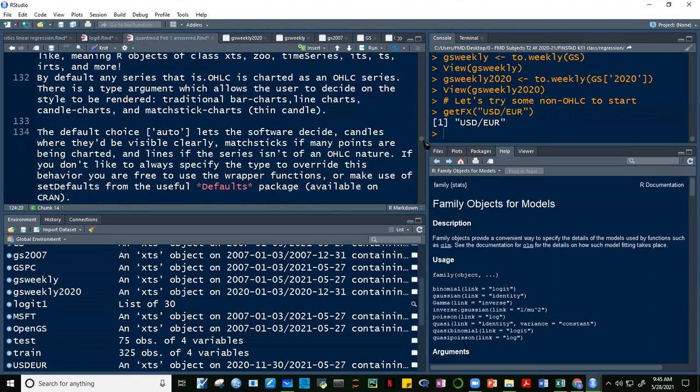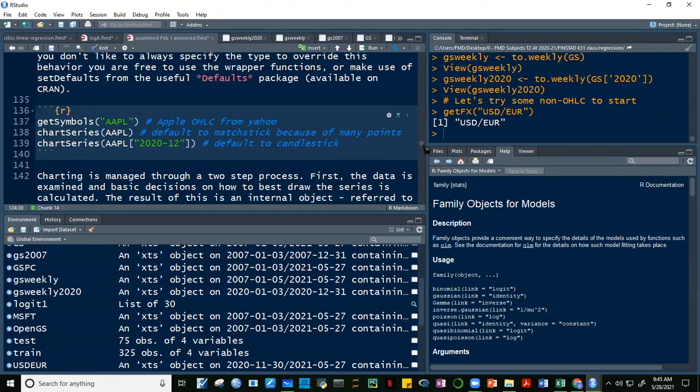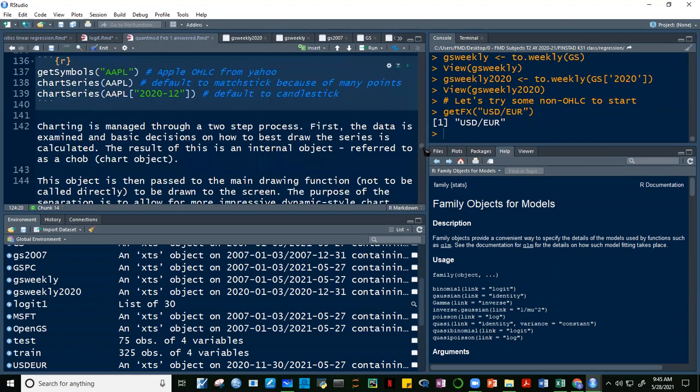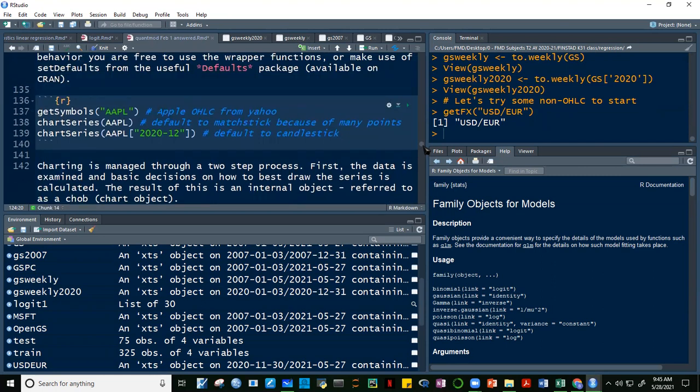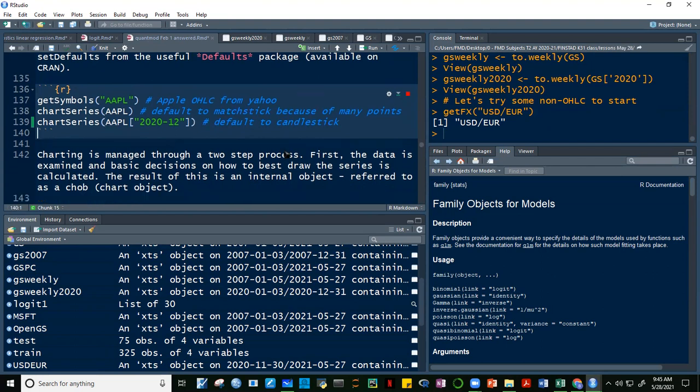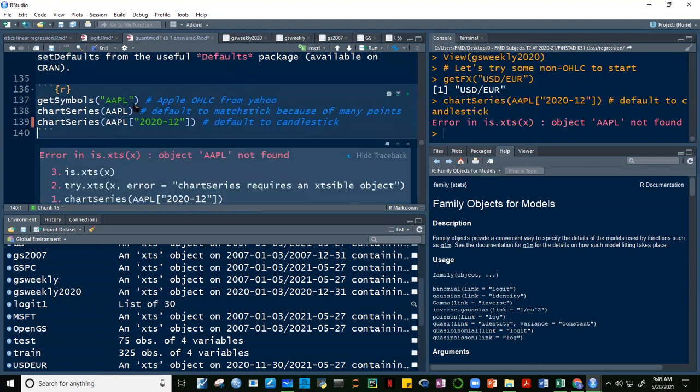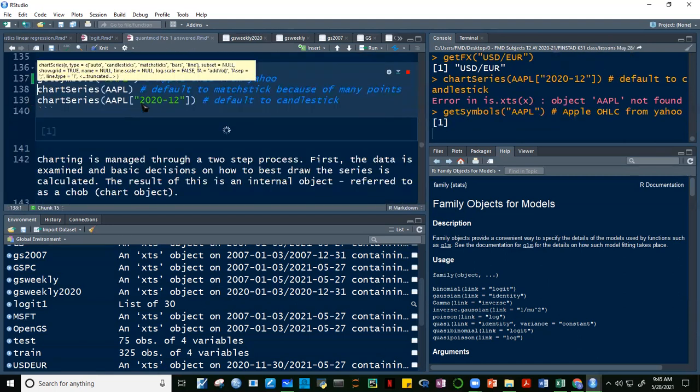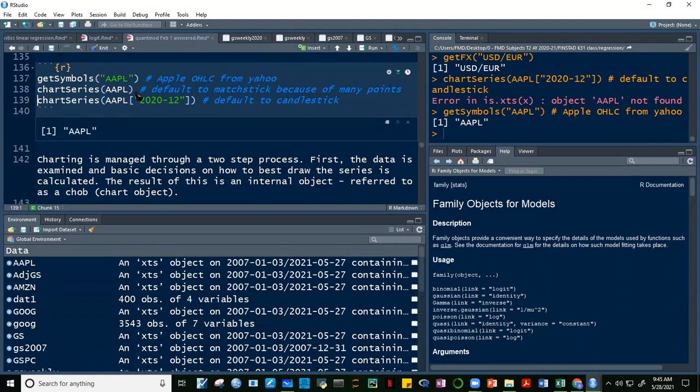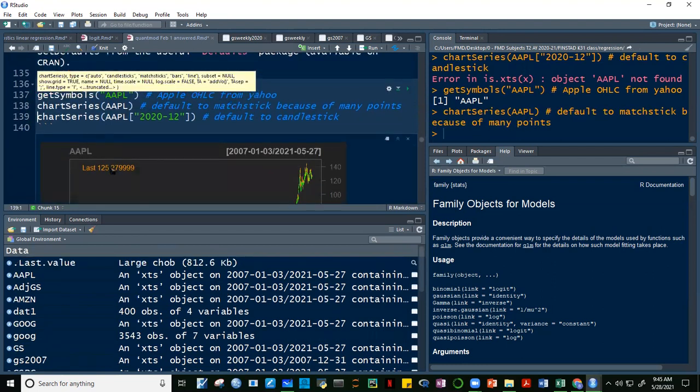And then you can also chart. Ito maganda yung charting function ni Apple, no? So may Apple na tayo kanina, di ba? So i-chart natin si Apple for example. Wala pa pala tayong Apple. Get symbols, Apple, chart series. So ito yung chart series ng Apple. And then